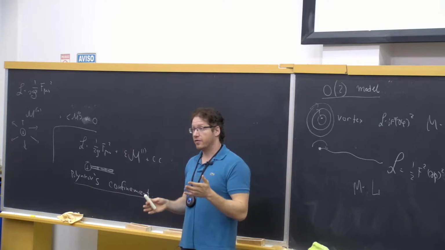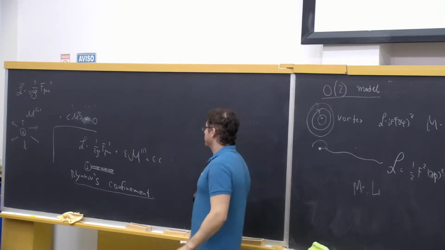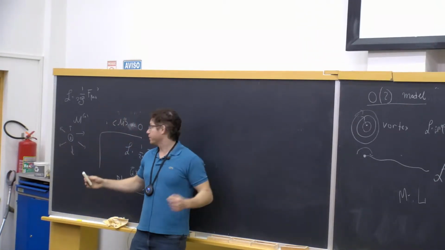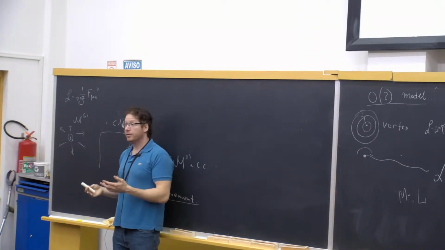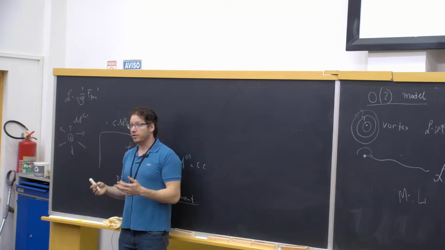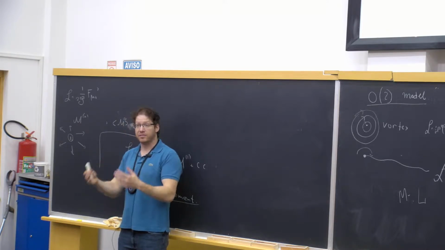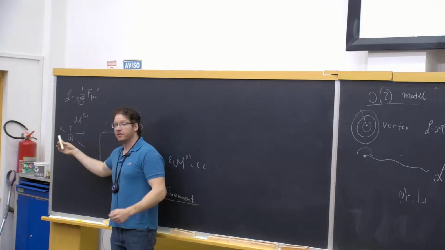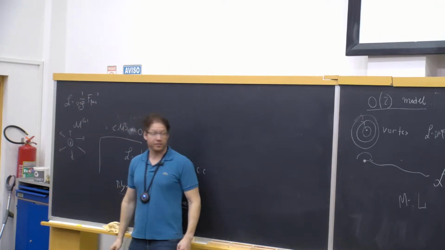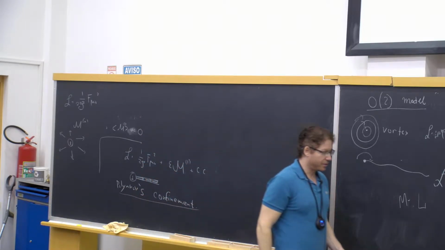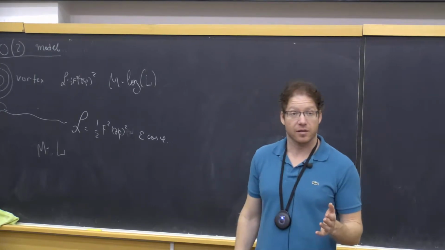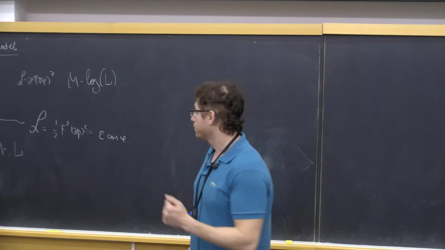It's not at the level of first quantization. The statement of duality that I'm going to make is about when these particles, the vortices and these particles, become dynamical. So second quantization. You can create them from the vacuum and they fluctuate. It's not just at the level of the formal properties of these particles as heavy probe particles. So let us make a statement. Let us therefore get a little bit closer to defining what we mean by duality.